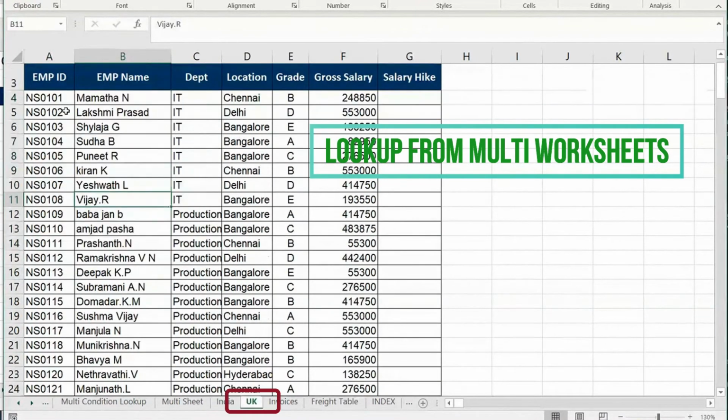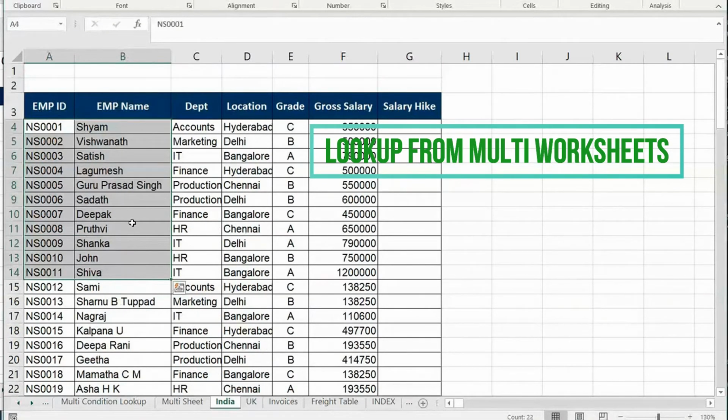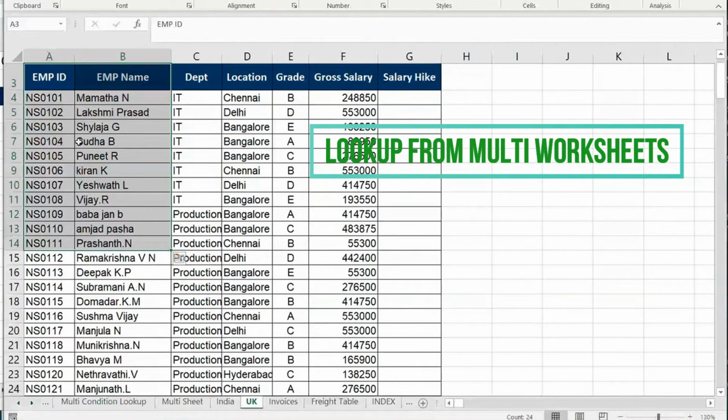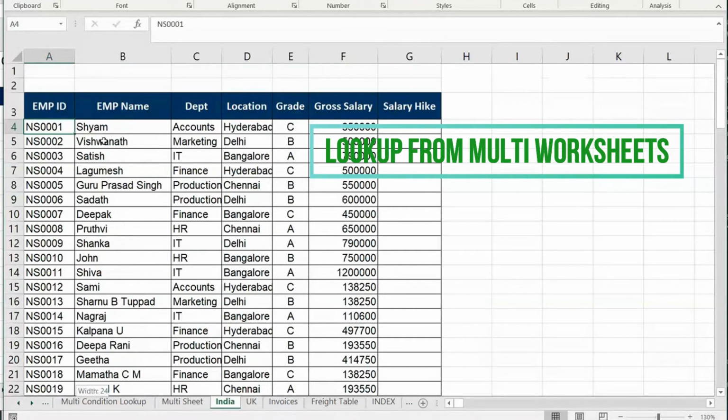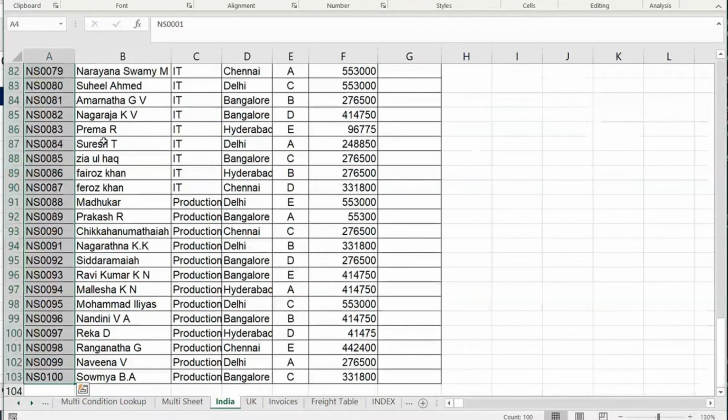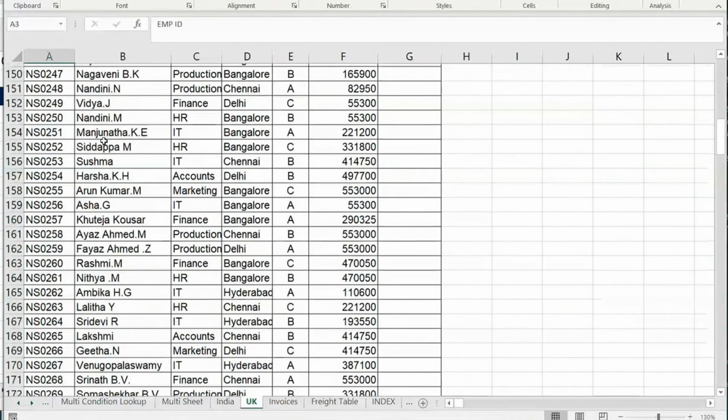For the UK also I have employee ID and their names. Imagine this is the employees of India starting from ID 001, and for the UK the employee ID starts from 101. So 1 to 100 is here, 101 to whatever, I'm not bothered about that.